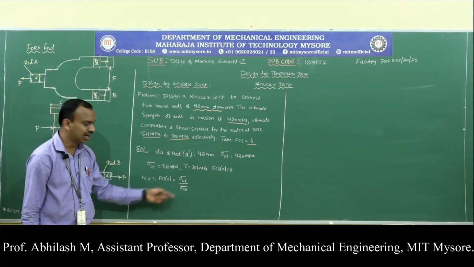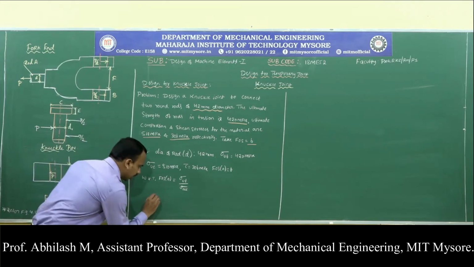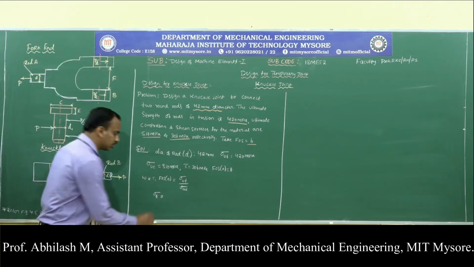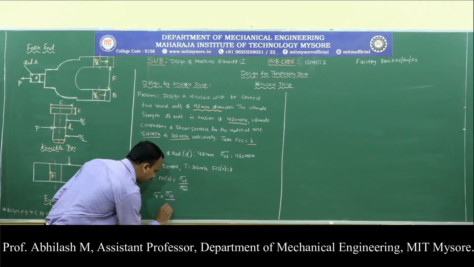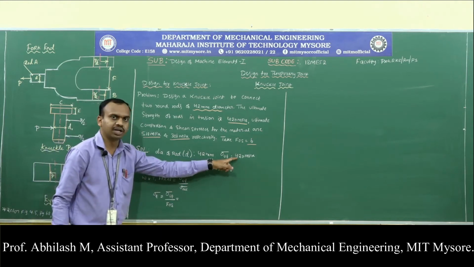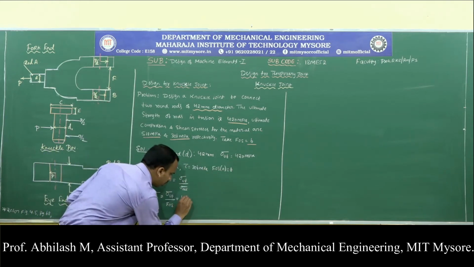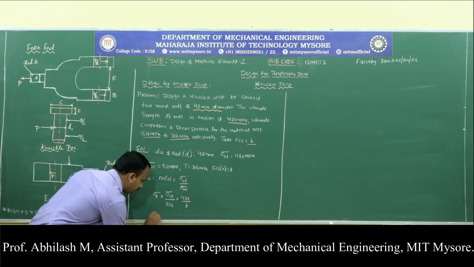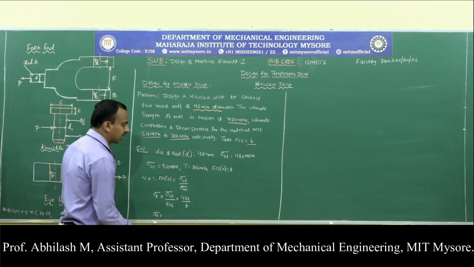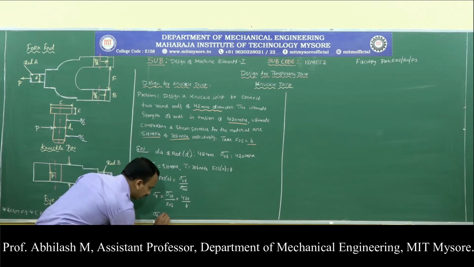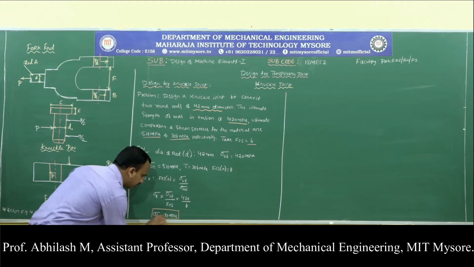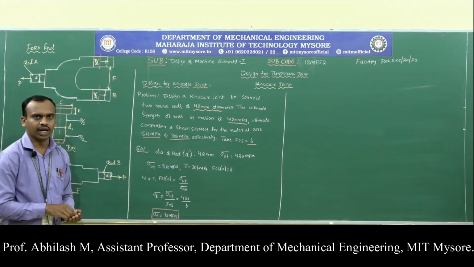Whether it could be ultimate tensile, compression or shear, this relation will remain the same. Now what I want is the allowable tensile stress. So sigma allowable T, or I will just directly write sigma T, is equal to sigma ut divided by factor of safety. Do I know the ultimate tensile strength? Yes, they have given in the problem, it is 420 megapascal. So 420 divided by the factor of safety 6 will give us sigma T, which is 70 megapascal, or equal to 70 Newton per millimeter square.